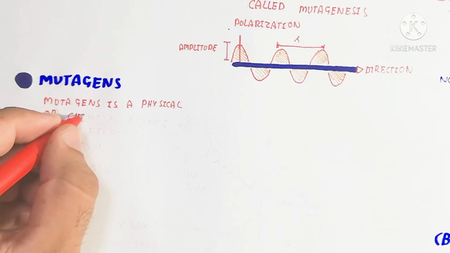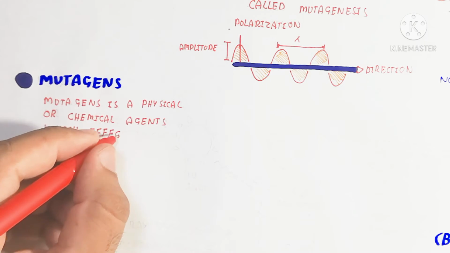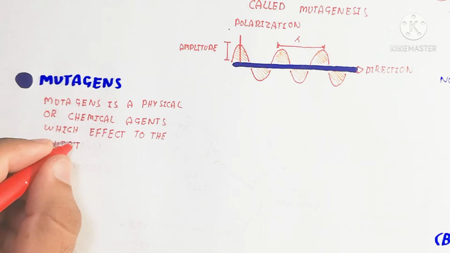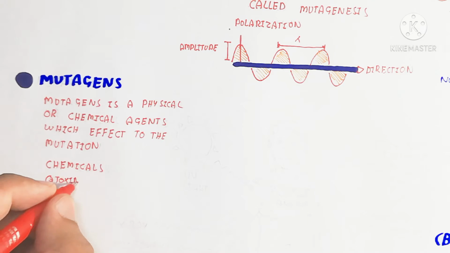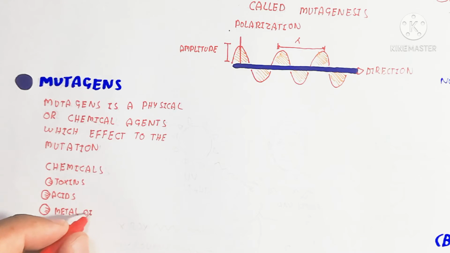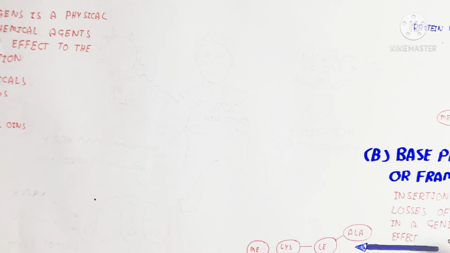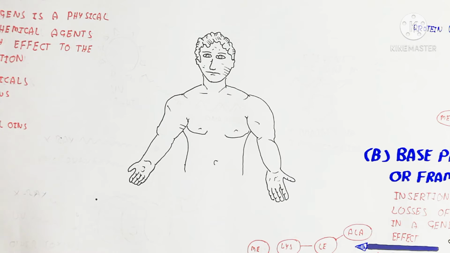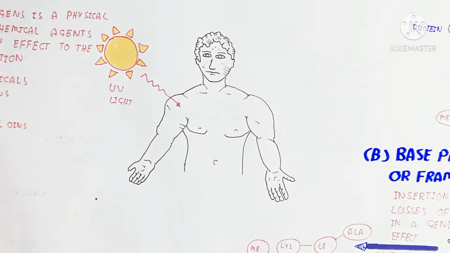So these are the mutagens, for example radiation, chemicals or other things, or toxins. So a mutagen is a physical or chemical agent which affects mutation. So the effect on the mutation is due to the mutagens. The mutagen can be chemicals, toxins, acids, metal ions or something. That affects our body to change the DNA, and that will be DNA damage. It means the alteration of the gene to produce a new type of protein which is harmful for